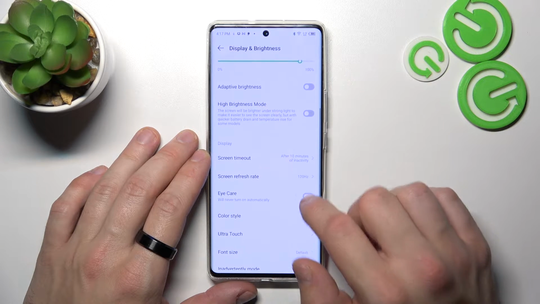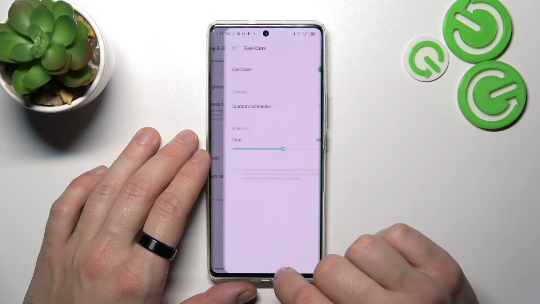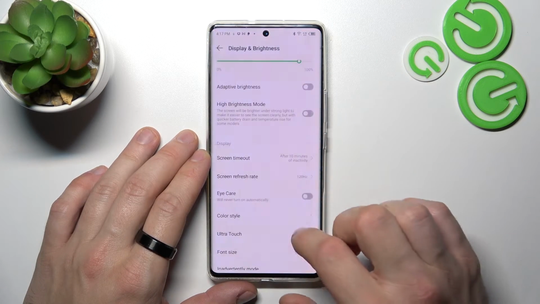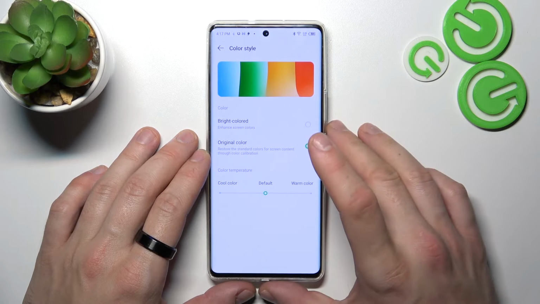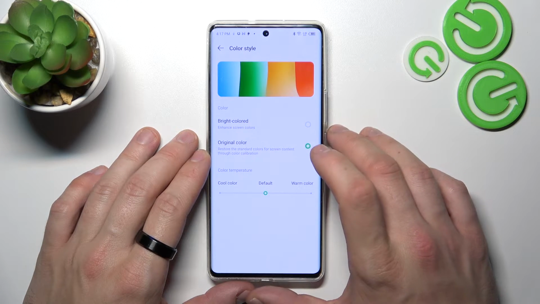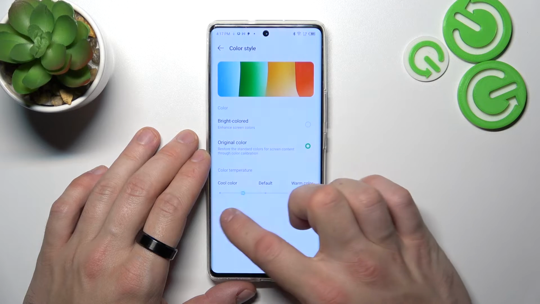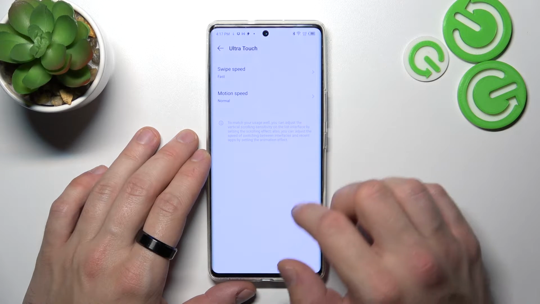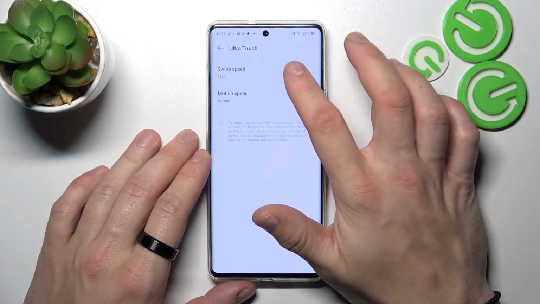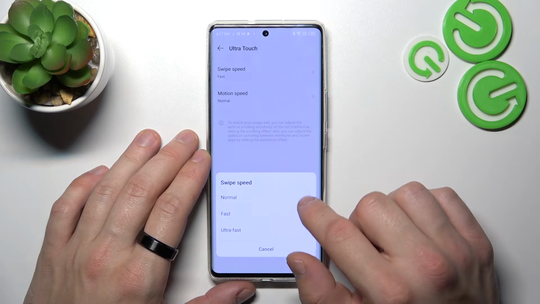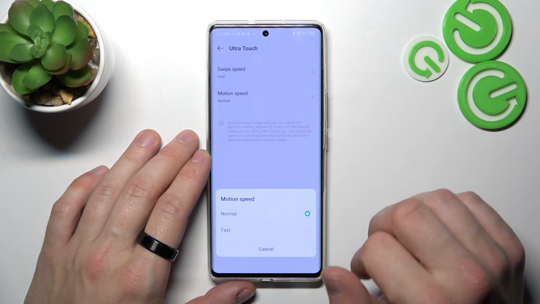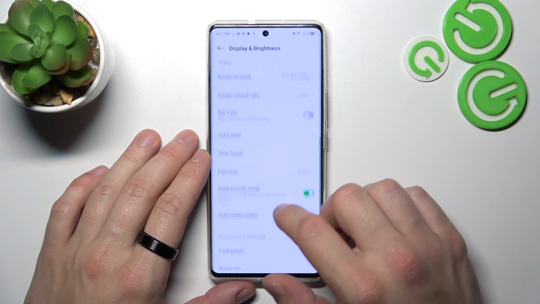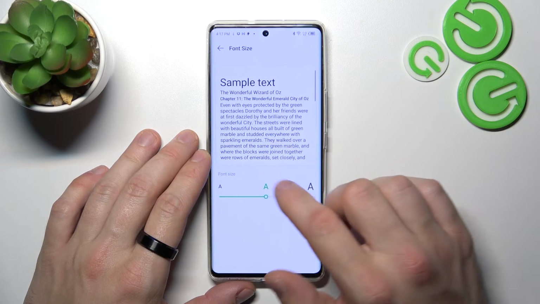Next, you can enable or disable iCare, and you can also adjust it. Then you can change color style between bright colored, original color, and you can adjust color temperature. Next, you can manage ultra touch for swipe speed between normal, fast, ultra fast, motion speed between normal and fast, and then you can change font size,